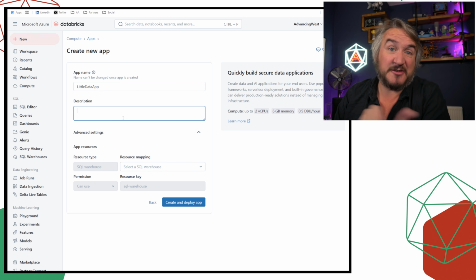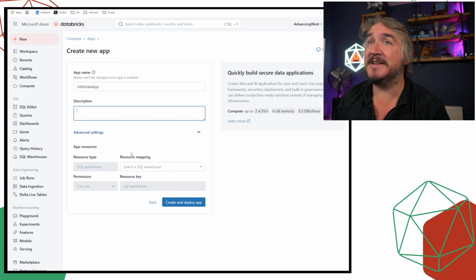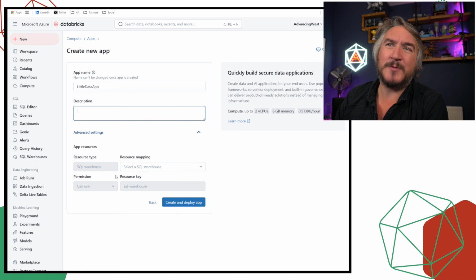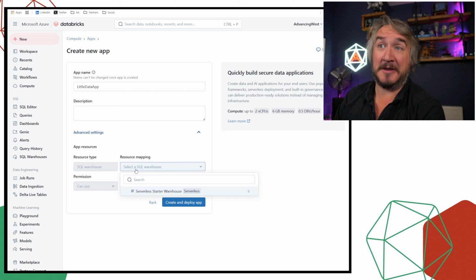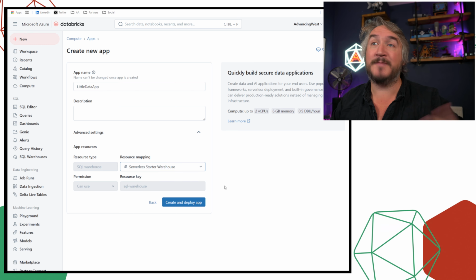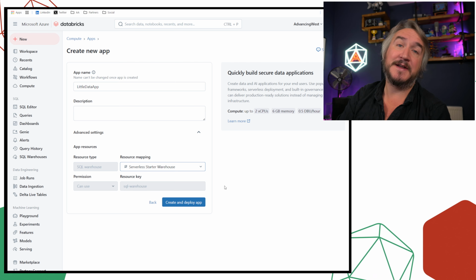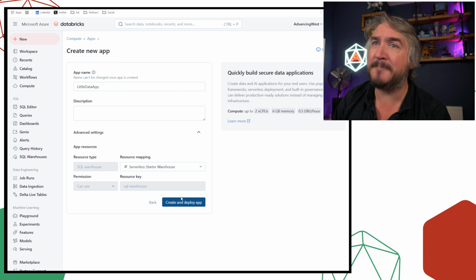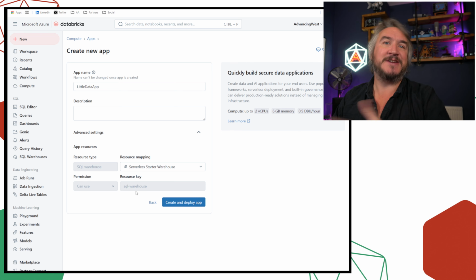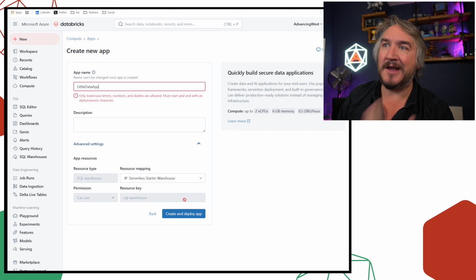That's about it. I can give it a description, so if people look at it, they know what it actually is. And in my advanced settings, I need to say, well, it's a data app, so it's going to need some kind of warehouse. Go and use my serverless warehouse. So I've got a serverless warehouse. It's currently turned off. When I start using it, it'll turn that server on. And it needs permissions to use it. So essentially, when we click go and create this,